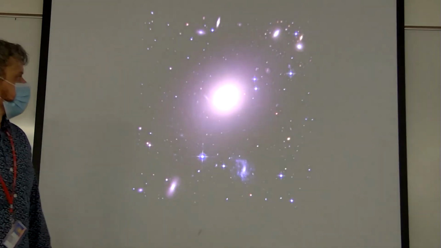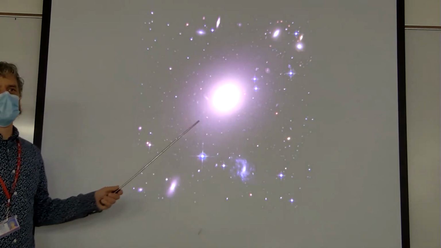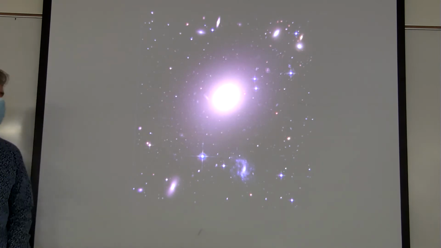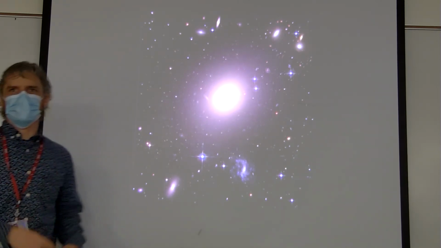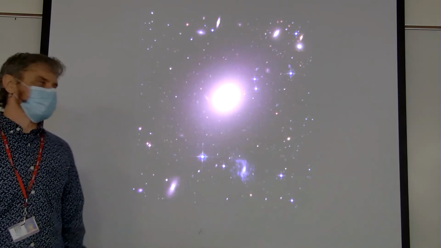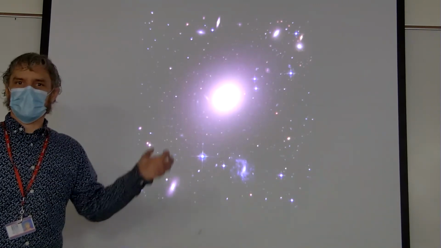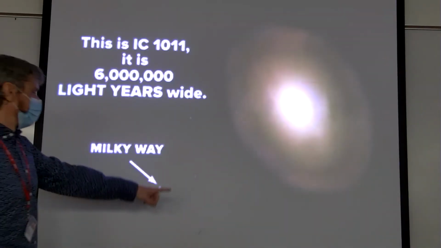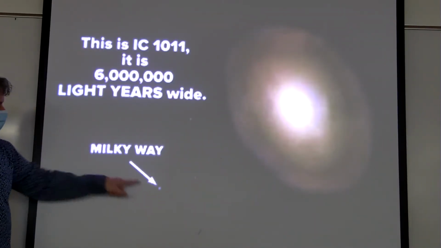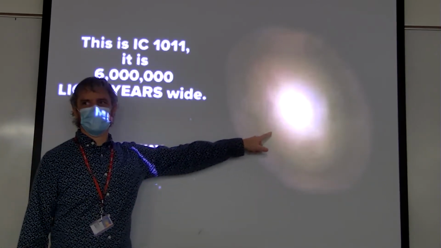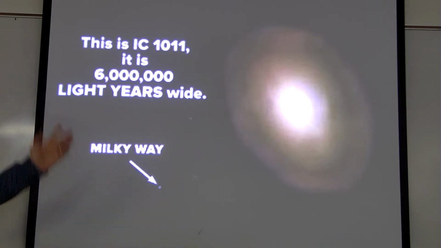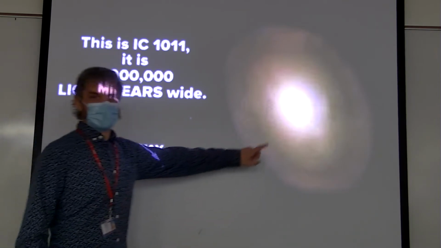Okay, so that's galaxy collisions. The largest galaxies in the universe are elliptical galaxies. They don't have the spiral shape. It's not entirely understood as to why. Some scientists just think they don't have the angular momentum that's required to make the spiral shape. But some are probably formed just by a bunch of galaxy collisions over billions of years. Those galaxies can get very large. This is a picture of our galaxy, the Milky Way, and then the largest galaxy that we know of. And the Milky Way is not a lightweight. It's over 100,000 light years across. It has probably 300 to 400 billion stars in it. This guy's got trillions.